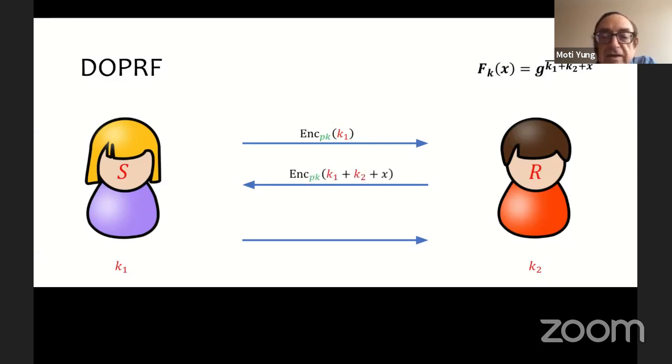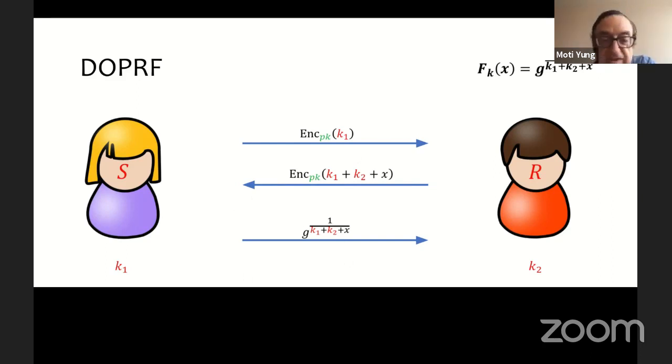Then R will add its key and its input element to the homomorphic computation, and because the other side S owns the secret key, it can decrypt this value, invert it, and raise g to this value.